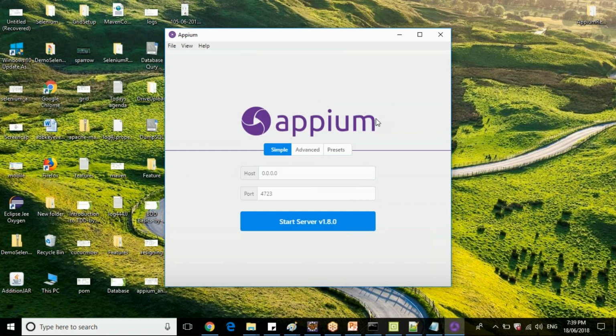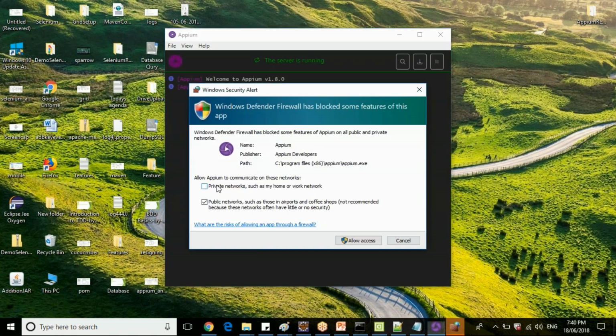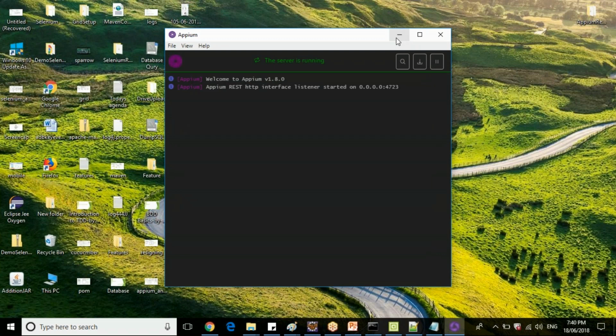So I have my APM launched here. Let me start the APM server. Now, if you see here, there are no logs. It just says that the APM server is started and listening to this particular port.